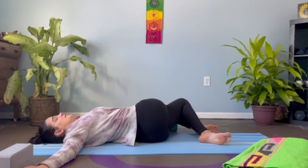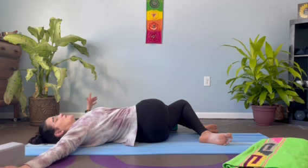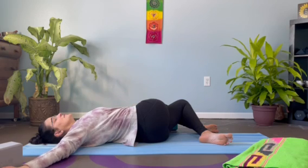Right leg will be on top, still crossed over the left, and open up the arms into T. Getting a nice gentle twist into that low back, even into the right side of the body underneath the arm. Along the arm, you might get some bicep stretch in there. And then as you lay here for just a little bit, you can lower that block